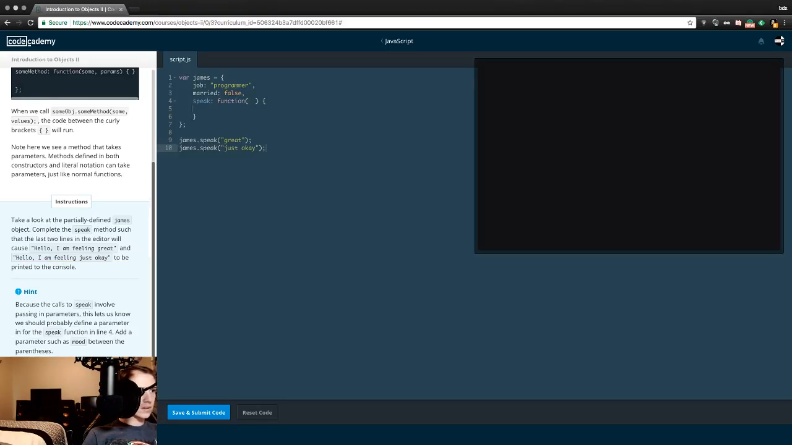We'll open up a hint. Because the calls to speak involve passing in parameters, this lets us know we should probably define a parameter